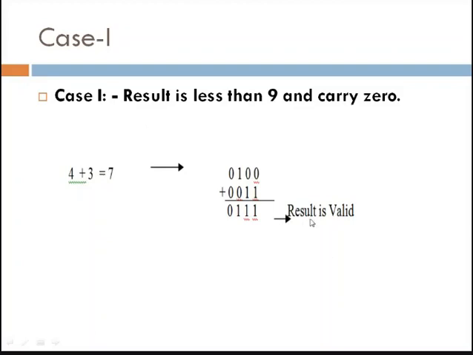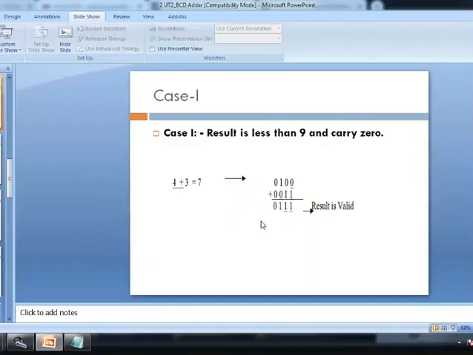So this result is considered valid. By using normal binary addition, you can perform these operations. So 0 1 1 is 1, 1 0 is again 1, and 0 0 is 0. So there is no carry generated here. Whatever result is generated is also considered a valid result.